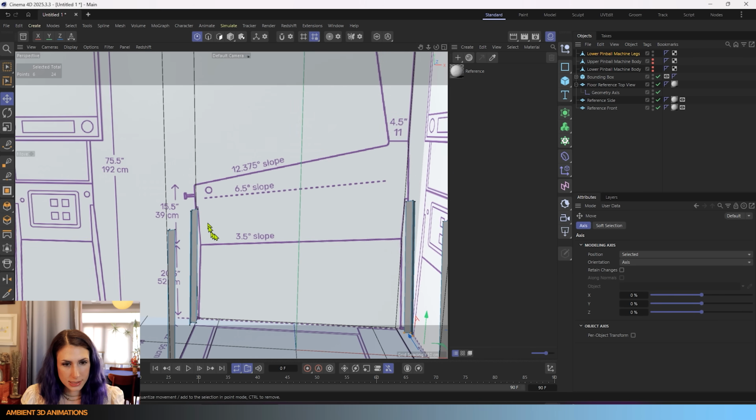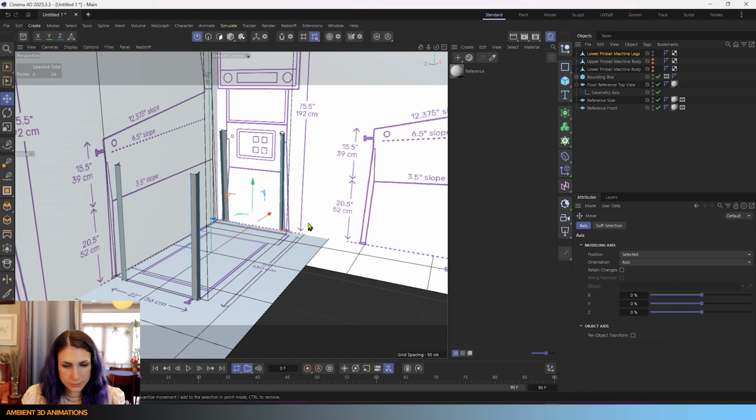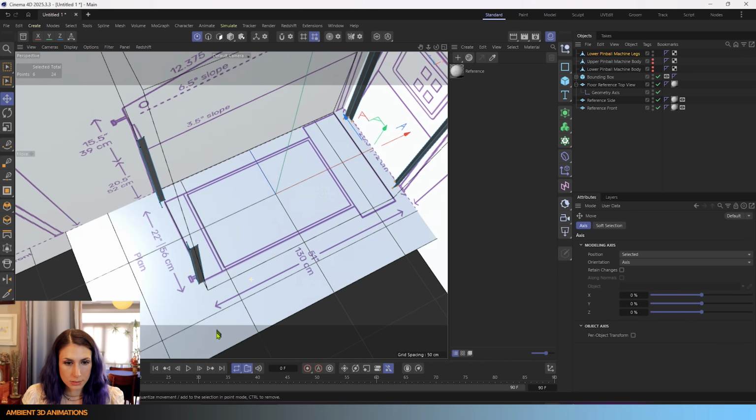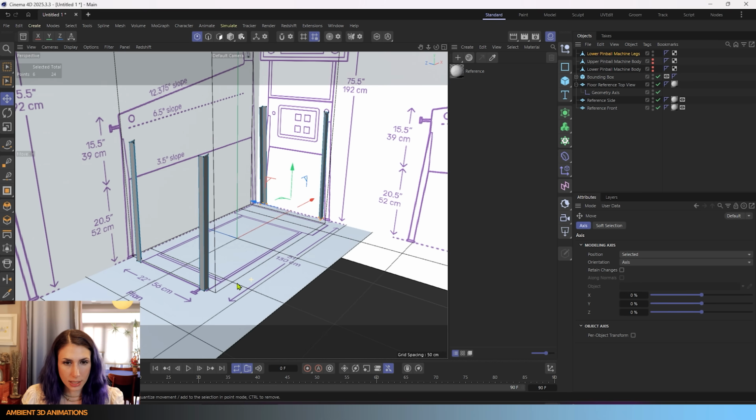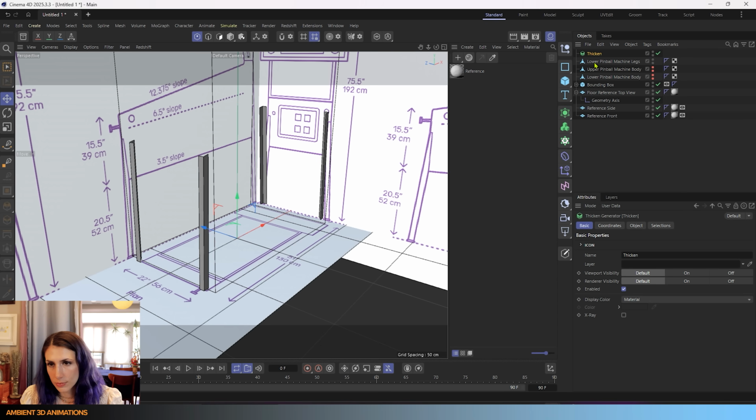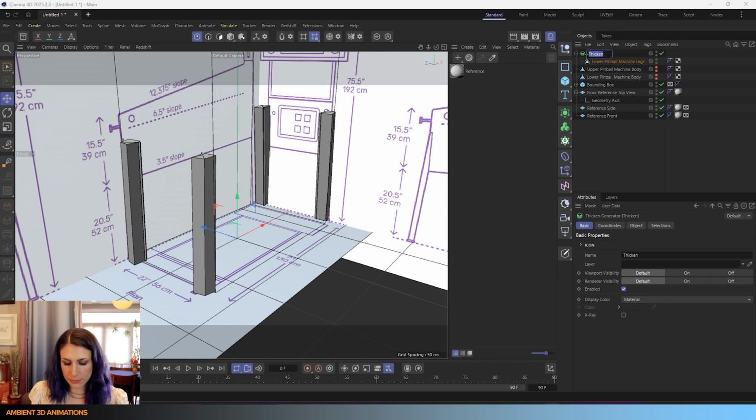Hit the middle mouse button to come back into this view. So it looks like these legs are bent metal sheeting. So that in a way would work very well with the thicken tool. So I'm going to go ahead and drop the legs into the thicken and rename the thicken